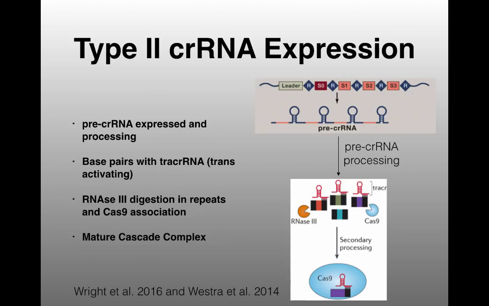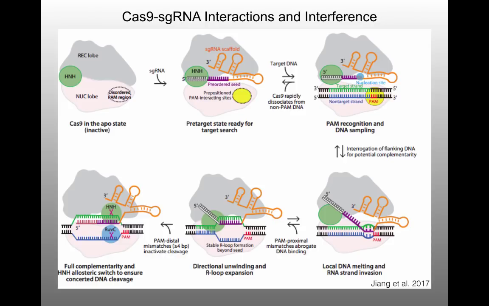Then that CRISPR RNA locus, which is the regularly interspersed palindromic repeats, and again, a palindrome is sequences which now base pair with each other. Read one way, read the other way gives you the same sequence, which means that they can base pair with each other. These get made into RNAs. Because of this palindromic sequence, they get chopped into smaller pieces, and those smaller pieces are going to be what interacts with your Cas9.